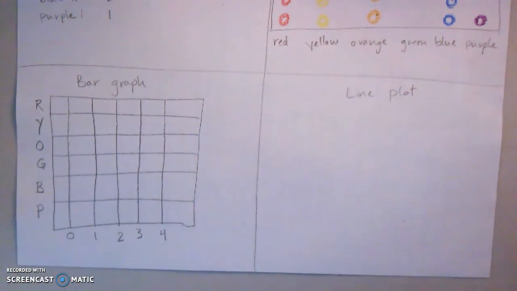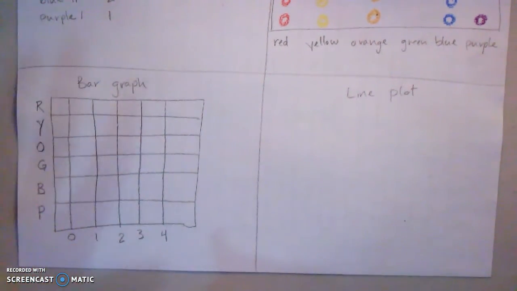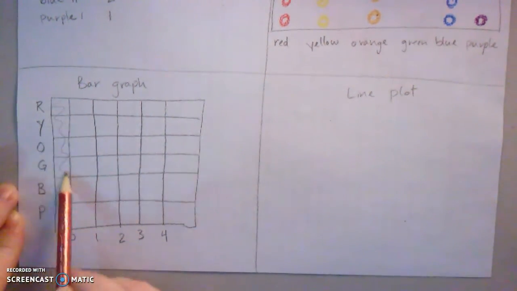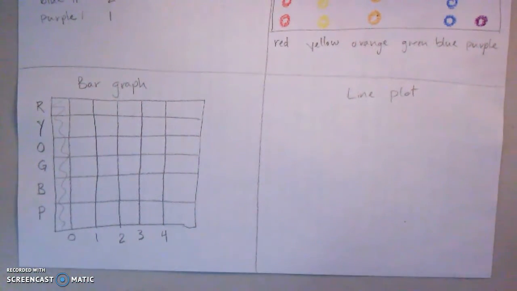Okay, now for my bar graph, I color in the lines to go to each number. Now, because I started with 0, left a box, that can be kind of confusing. I should have put in the 0 on the line, but that way we can show that green had 0. Actually, we'll just leave that box as the label. So we're just going to say that box is in there. That'll be less confusing. And it's okay, it just needs to show that you understand how to read these and